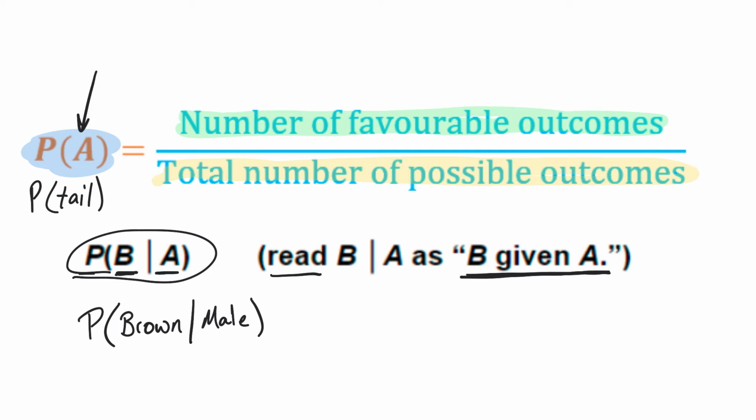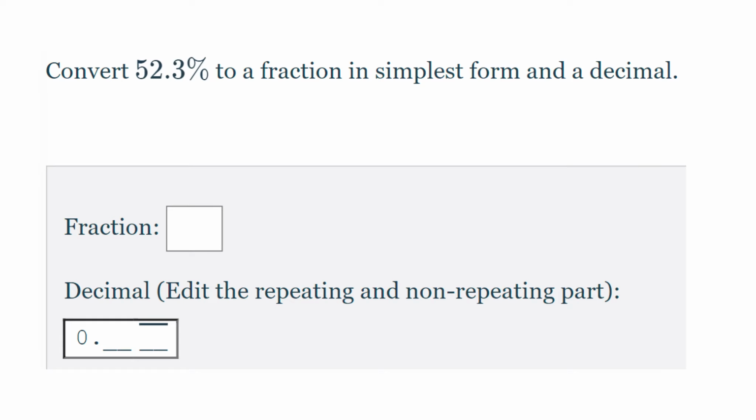All right, we're going to go to the Delta Math here. So if you're looking at those, we'll start doing some of our conversion stuff. As we look at this, what we see is we are converting 52.3% into both a fraction and a decimal. I'm actually going to put this into a decimal form first. Remember, anytime we're looking at a percentage, we need to move the decimal place over 2 places, and then we are in the